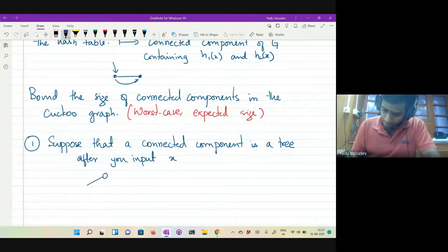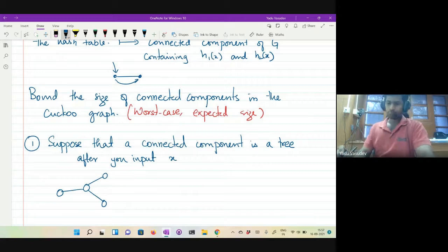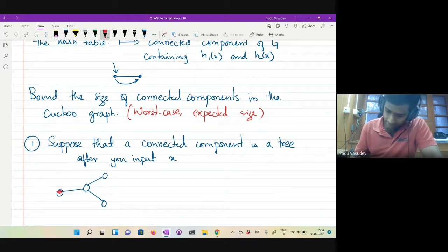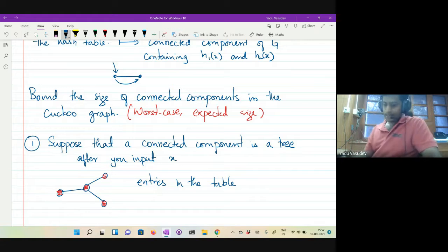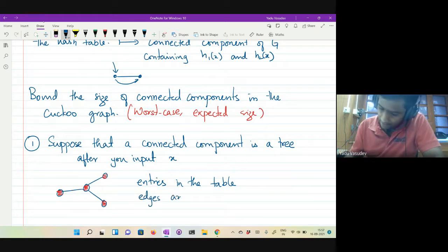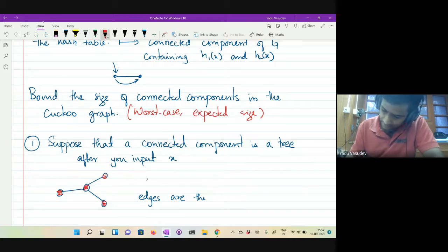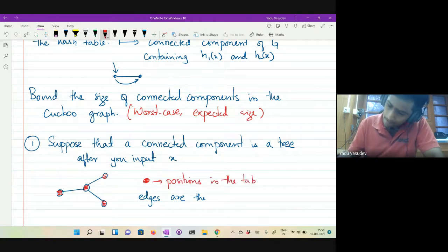These red things are the positions in the table, the bins, and the edges are the elements being inserted, correct?